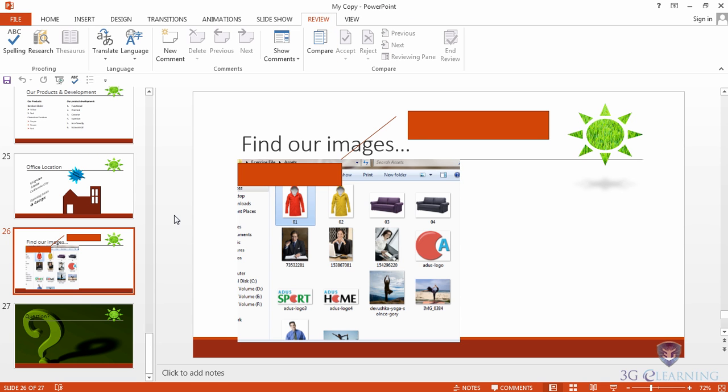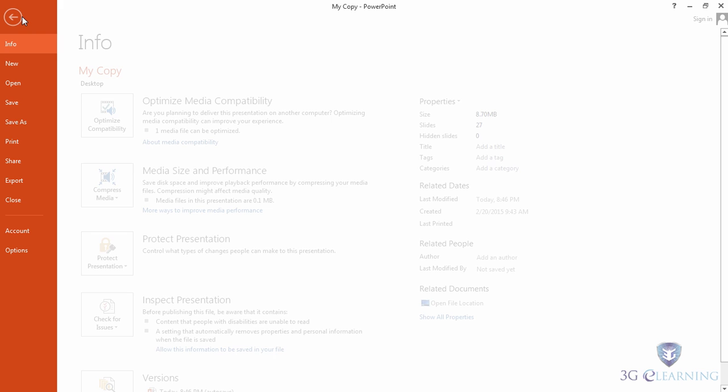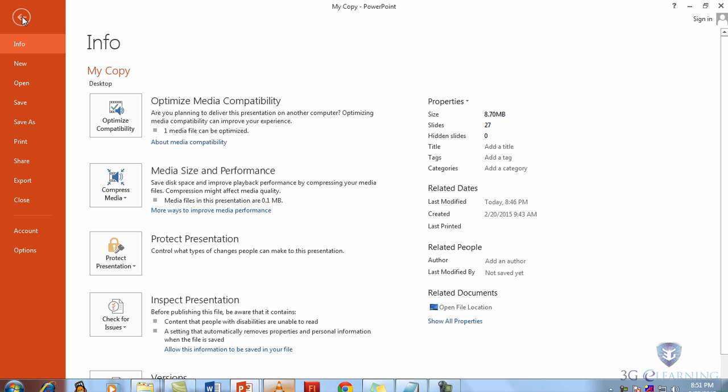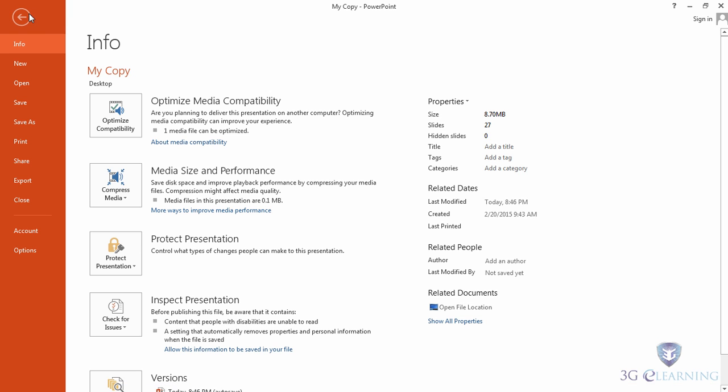Now when I'm all done, when there's a final version and multiple people are going to be using this, and I need to make sure that everybody's using the right copy, I can mark this one as the final version. So people will know it's the one that's supposed to be used. Now it's going to lock it for editing, and it will turn it into a read-only PowerPoint file. But something to keep in mind, it's not a true security feature. It can be unlocked. This is more of a convenience feature, so everybody knows which file they're supposed to be